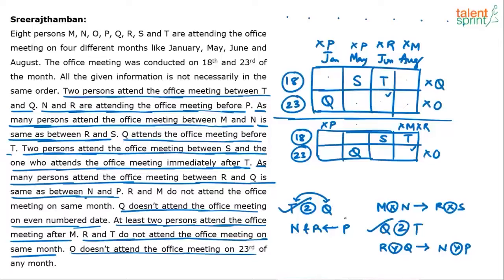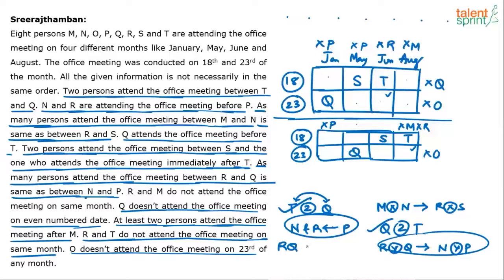See, try to use this point along with this point basically. We know that N and R both will come before P, and the number of people between P and N should be equal to the number of people between R and Q. So what are the possibilities? Let's say if there are 0 people between them, so it will be like